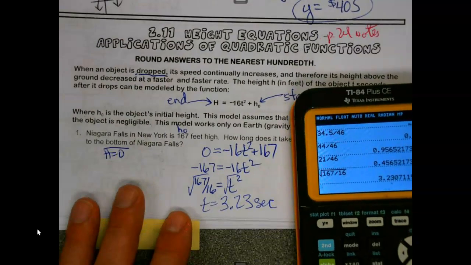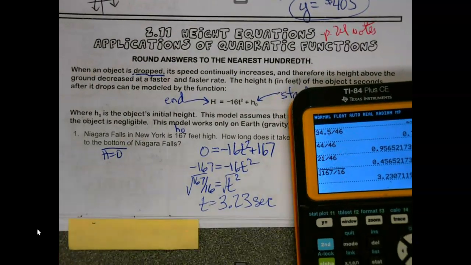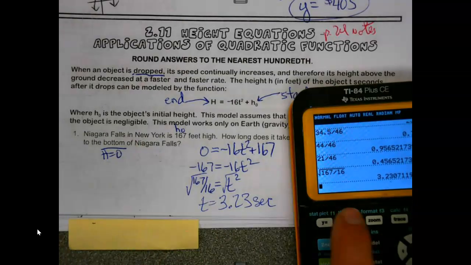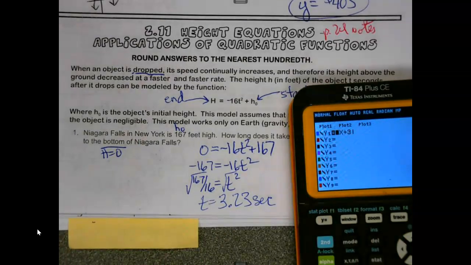Some of you may be going, Hardy, you're breaking rules of solving by roots, isn't it plus minus? Now, again, remember, this is an application problem. Would negative 3 seconds make sense? Hi, I fell off the top of Niagara Falls and I hit the bottom 3 seconds ago. Not really. So here, we're just going to have the positive. That's the only one that makes sense. So I can go algebra, or